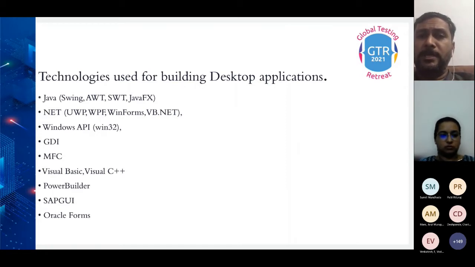In recent times, most Microsoft-based applications end up within Windows Win32 and other apps as well, right? We can also see Oracle Forms and other legacy-based things like SAP GUI and PowerBuilder. These are the technologies wherein desktop applications have been built.